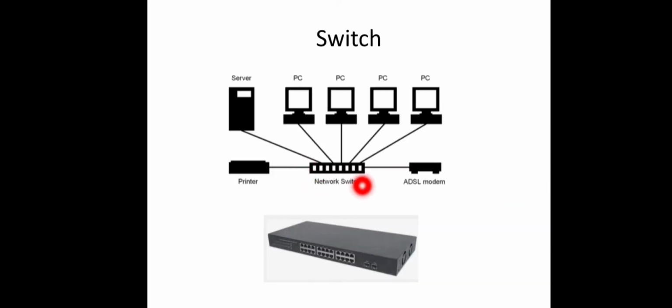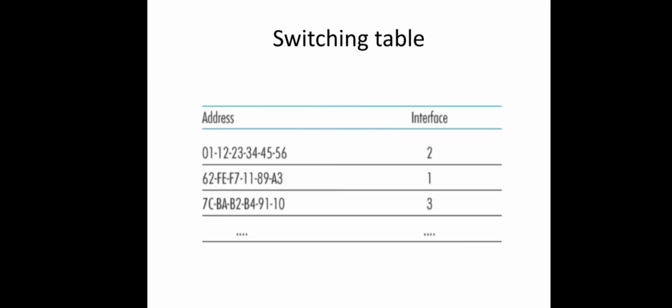There is a switch which connects a set of PCs, server, printer and modem. And definitely the performance of a switch is far better than a bridge, but it is expensive. This is an example of a switching table, which is used as a lookup table in both switch and bridge. There are two fields for every entry. One more field is actually there, a timestamp, but for the time being that is not important, so we will focus on these two fields only. The first one is address and the second one is interface.